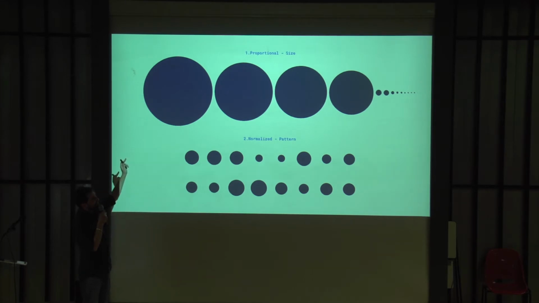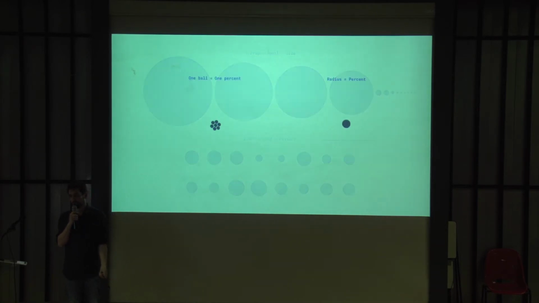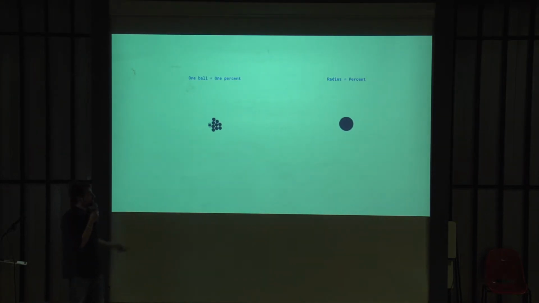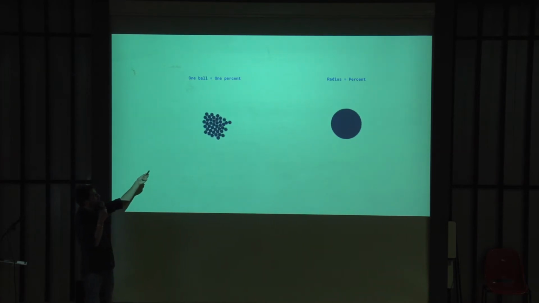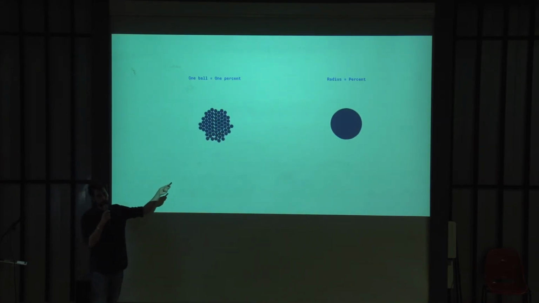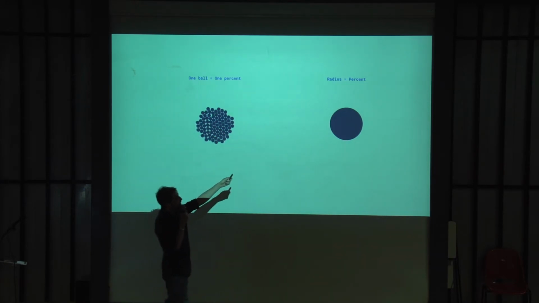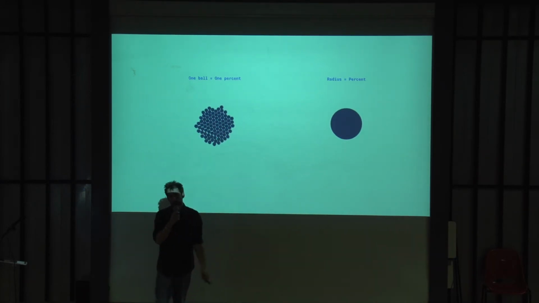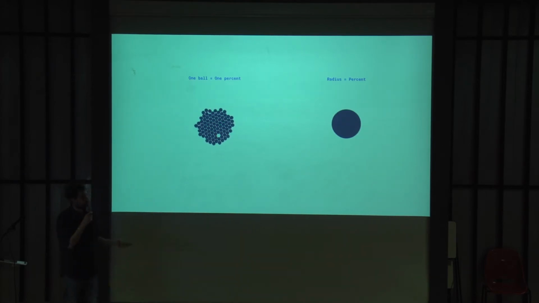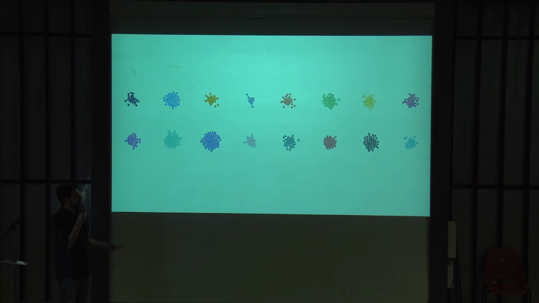16 apps which were interesting, and the question was how can we show the proportional size, how can we show them normalized, and how can we show the usage pattern over 24 hours. This was one of the experiments in which 1 ball equals 1%, because they were normalized to 100%. And here the radius is the percent. Of course, all of us designers really liked the left-hand side because it's more live, doing stuff. When we put all of the 16 apps together,